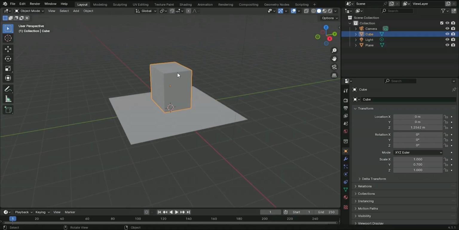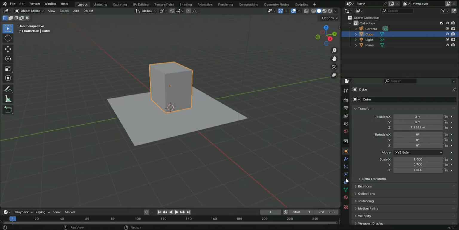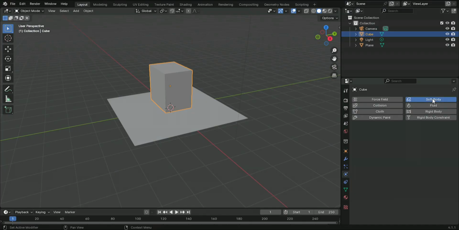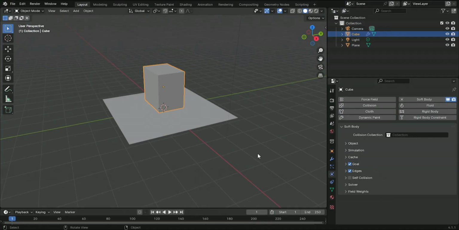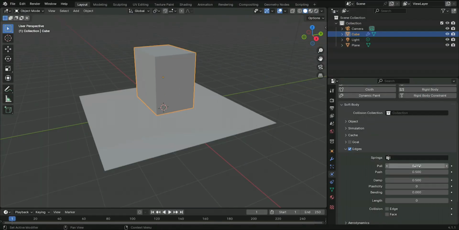Select the cube, go to the Properties panel on the right, and click the Physics Properties tab. Enable Soft Body. In the Soft Body settings, find the Goals section and uncheck it. Then open the Edges section and set pull to 0.2, push to 0.2, damp to 0.1,